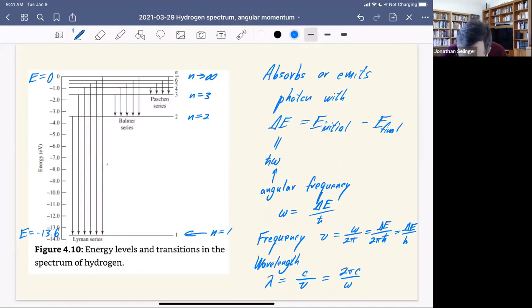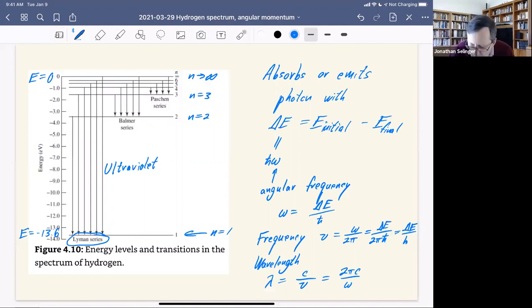And so those are generally in the ultraviolet range. And this set of possible ultraviolet spectral lines gets the name of the Lyman series,